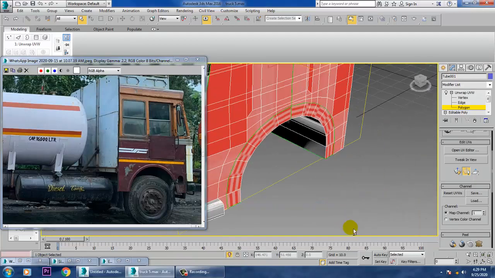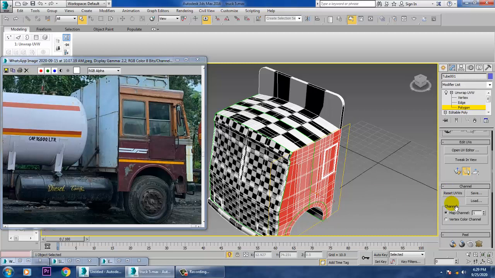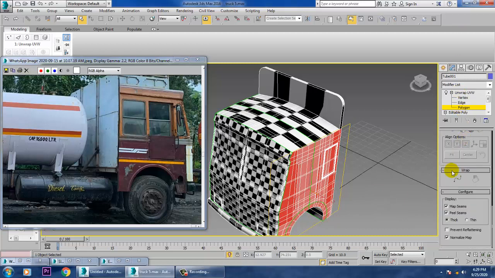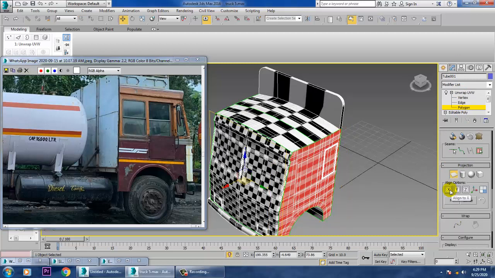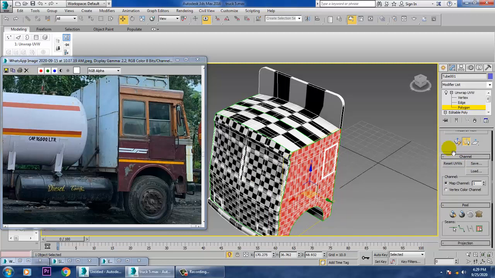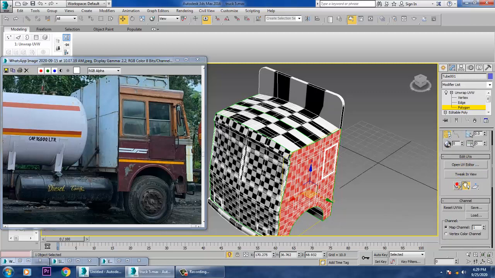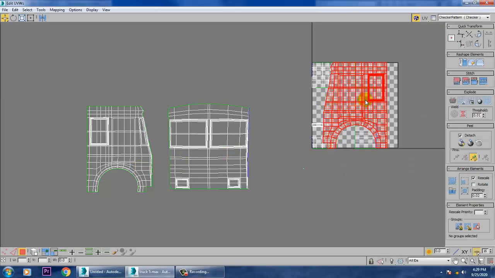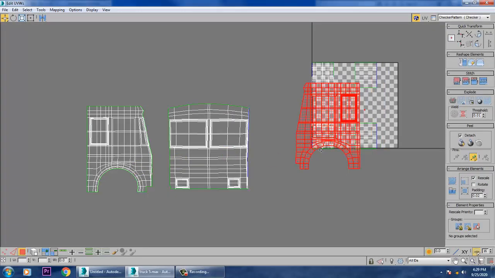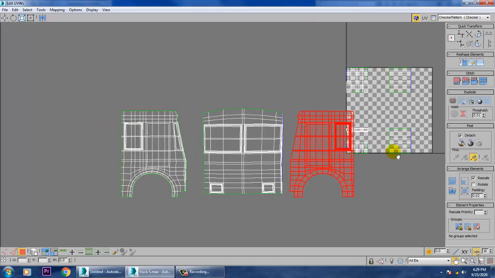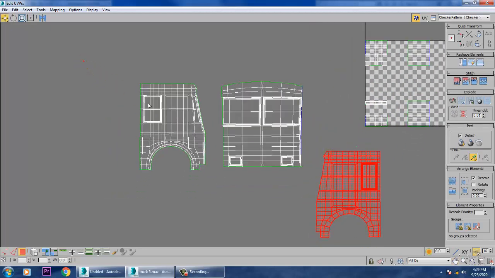Once you're done over here, again you can go into this projection Y and give quick planar map, open UV editor. So let's push this over here in this way.